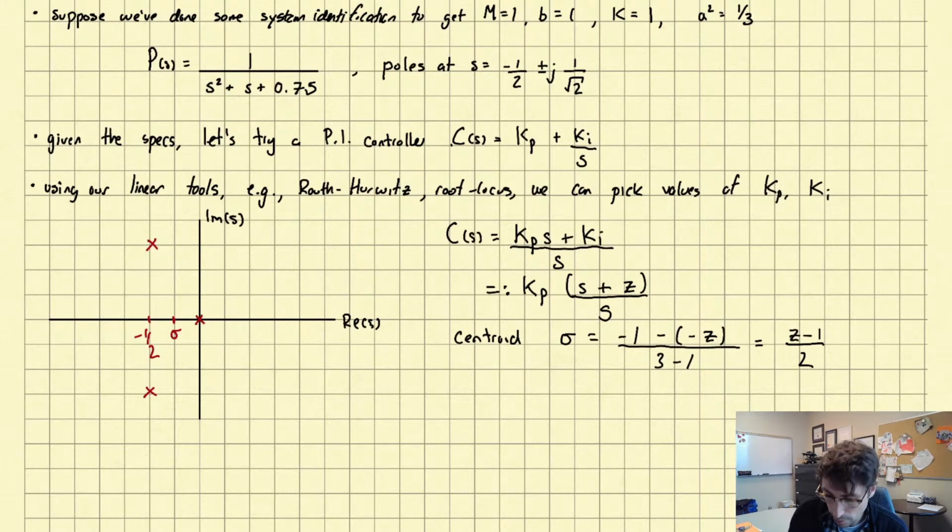is going to be somewhere there, and our poles are going to go off to infinity along this centroid, along this asymptote. And so we want this centroid to be in the left half plane so that when we start increasing the value of Kp, the poles don't slip over to the right. Okay? And so this suggests